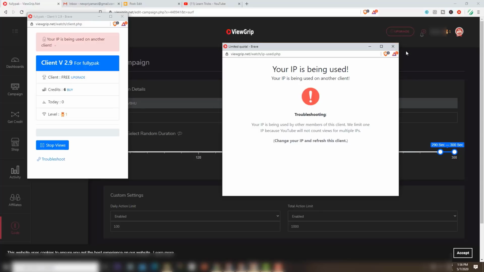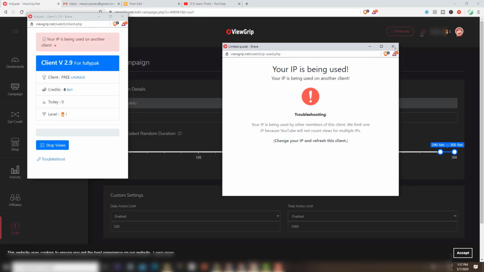The main important thing is, don't create multiple accounts for the site from the same IP address. Also, don't log in with a couple of multiple accounts on the same PC. Once you do it, they will block your IP, so then you will not be able to earn money credits from the view option. So you will be left with only one option, that will be the likes option.